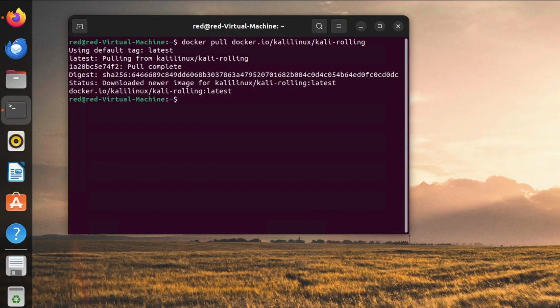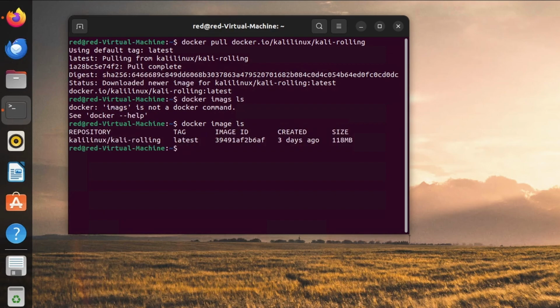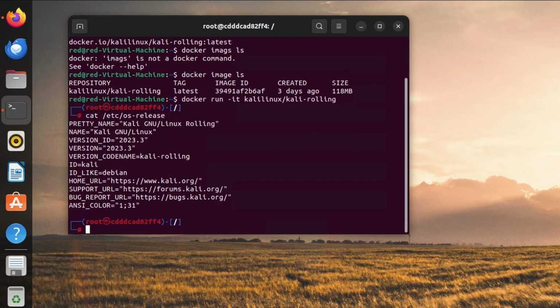Just to confirm that it is there, we'll run docker image ls. There's a typo. There it is, Kali rolling latest. Let's run it. There it is. We are now in kali-linux. We are running Kali rolling version